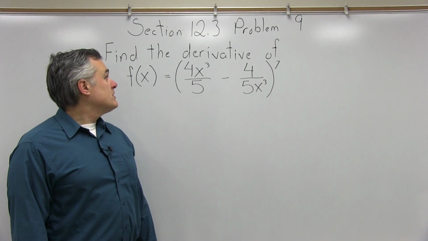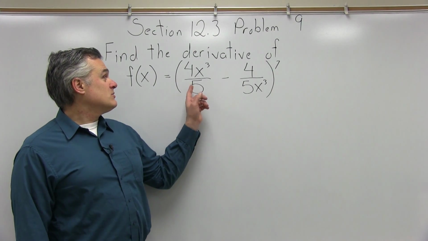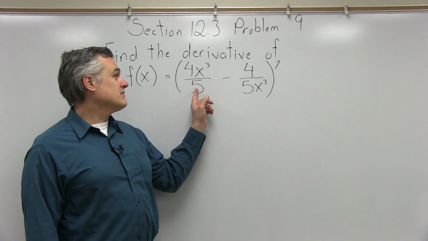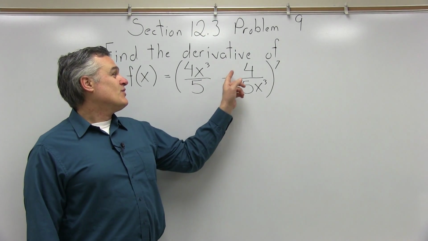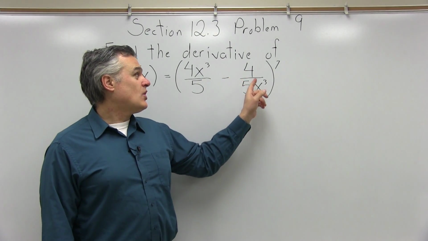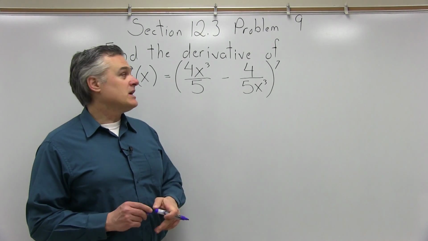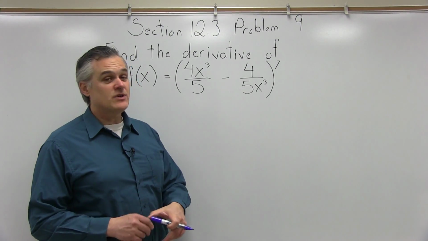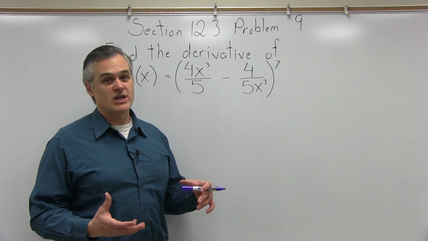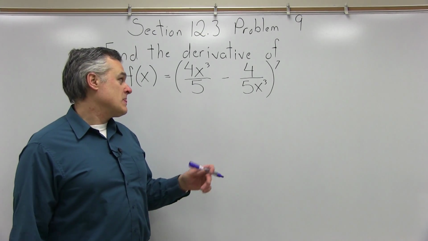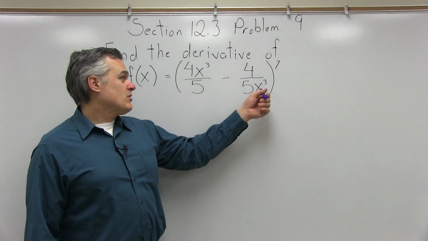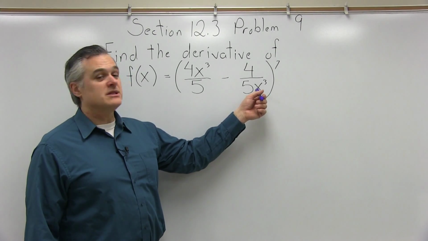It says find the derivative of f of x equals, in parentheses, 4x cubed over 5 minus 4 over 5x cubed, all in parentheses raised to the 7th power. So what I'd like to do is write this as a function that will fit the format for our chain rule and use the chain rule. And part of the problem is the variable being in the denominator in the second piece of the function,